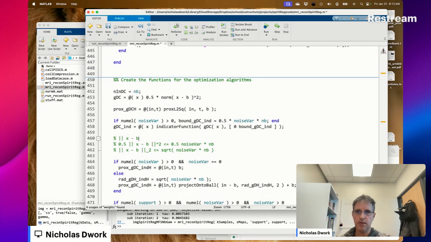What we want is x minus b squared divided by nb is less than or equal to the noise variance. Okay. This is GDC x equals, okay.